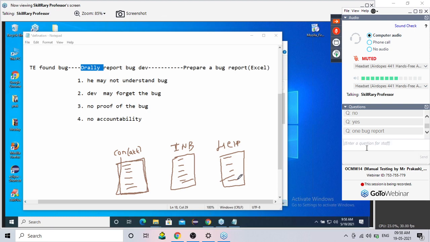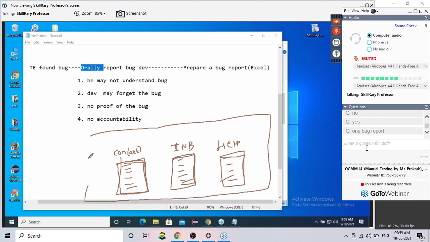Next, can he solve all the complaints at a time? Can he solve all the cases, whatever cases are coming? Can he solve every case at a time? Like that, boss. See, compose, you got a bug. Compose attachment is not working. Inbox something is not working. Help something is not working. If you prepare a single bug report, my first question is, can the developer fix all these problems together?